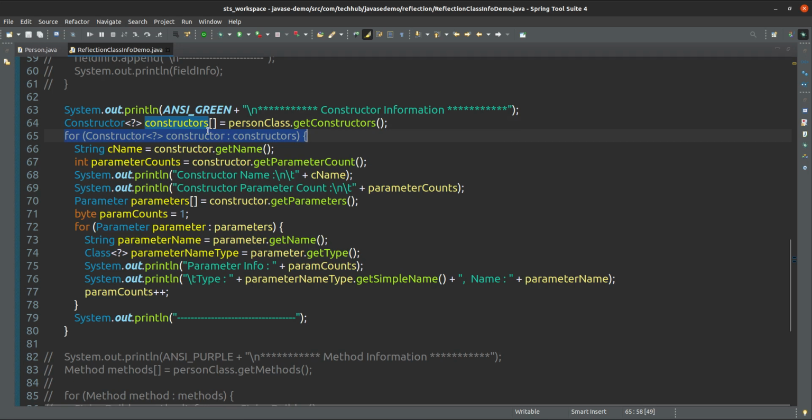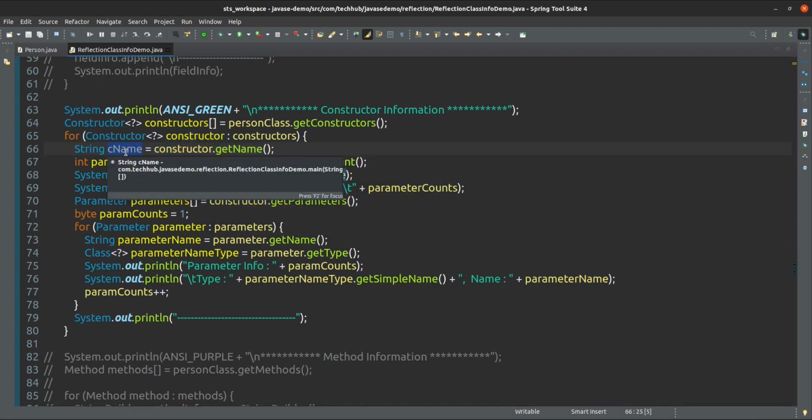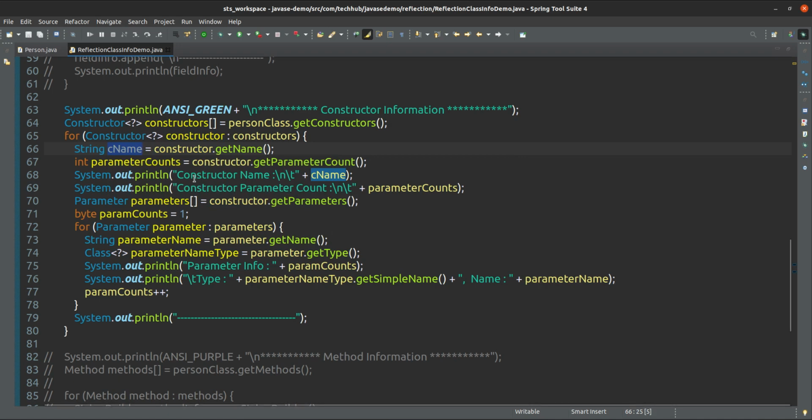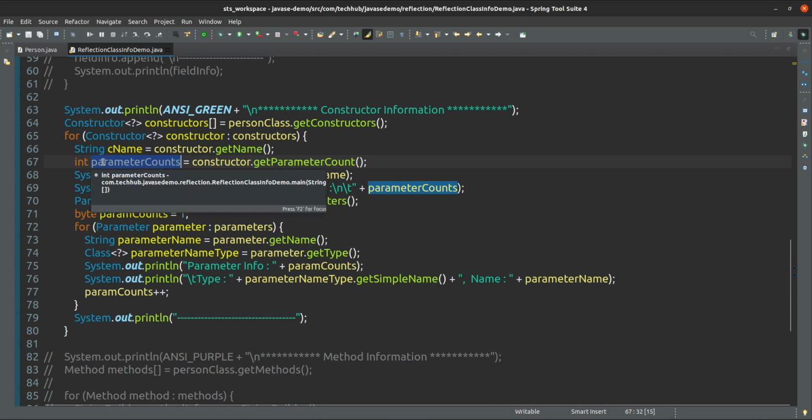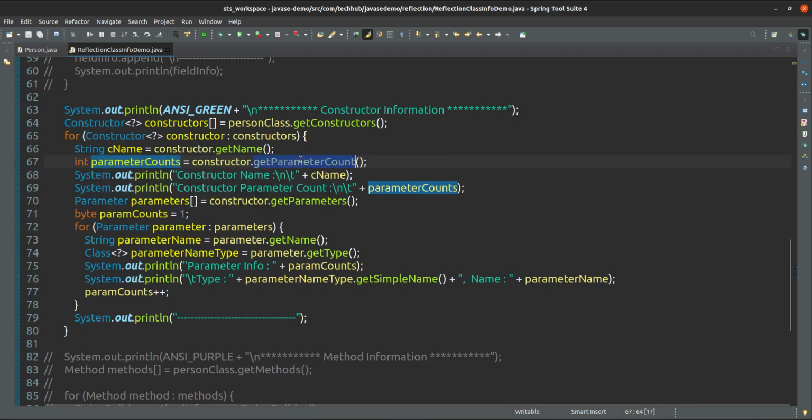At line number 65, one constructor we are taking, and from this constructor we can get all the information like get name, what is the name of that constructor, obviously that will be the class name only, but still we are printing that one. And what are the parameters of that constructor, how many parameters are available for that constructor. A constructor doesn't have a return type, so that's why we are not getting the return type here. It will tell how many, sometimes 0, 1, 2, 5, so it is getting the count of that one.